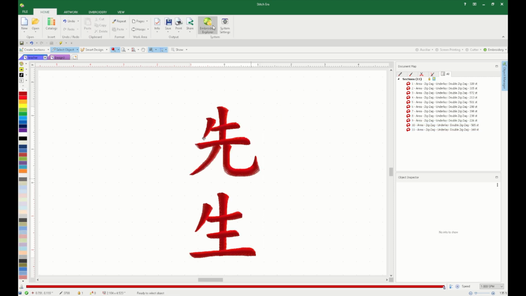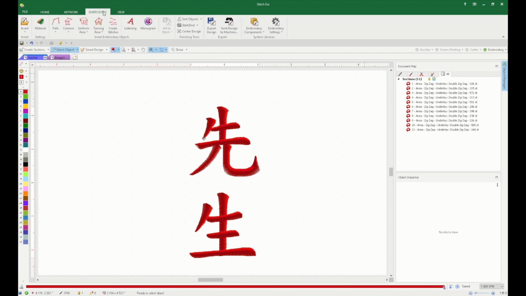Anytime we move it, we're going to have to redo the exact procedure, except we do not need to do the start point. We just need to hit center design. So if I move this over here, I just hit center design. If in doubt, center design. Doesn't hurt anything. All right, now we export this design. And I'll export it into a folder on the desktop called